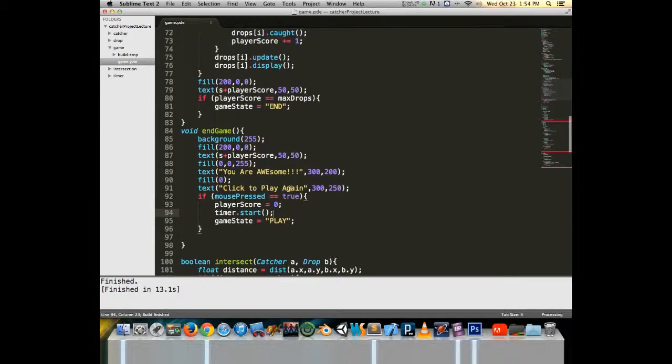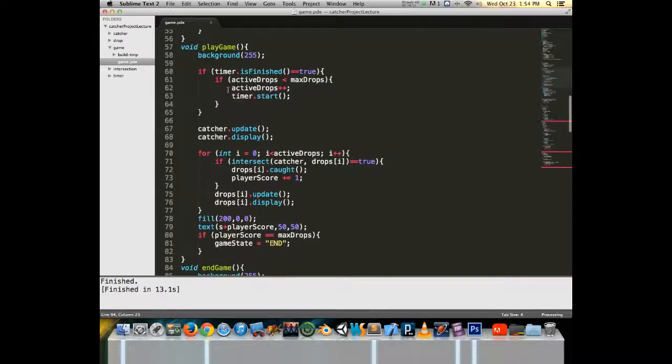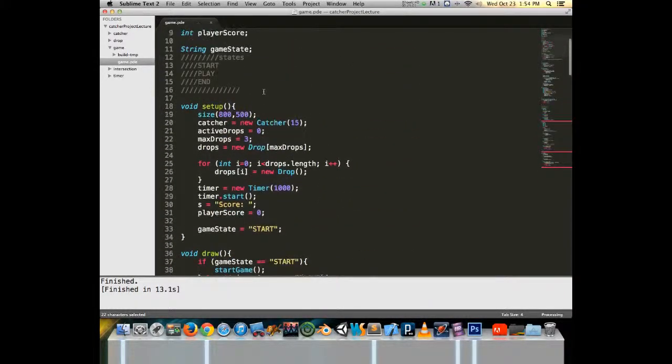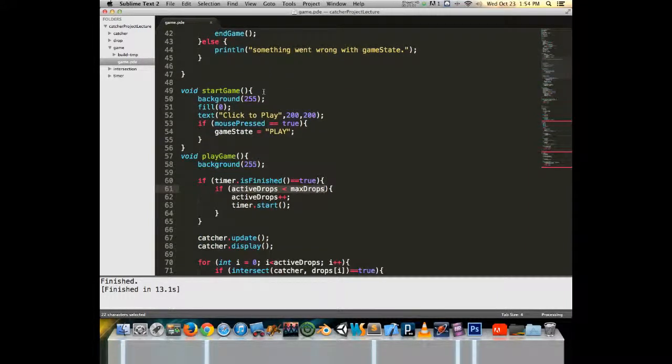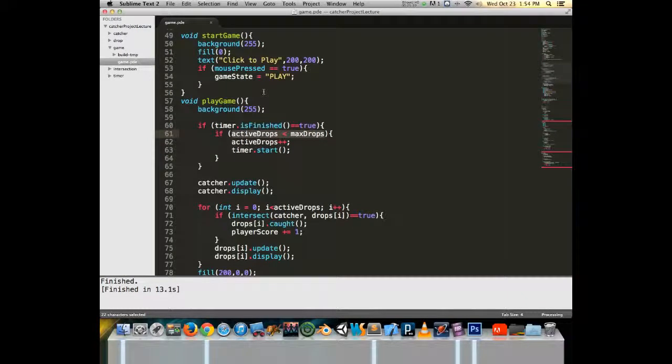But if we look at what's going on, it says if active drops is less than my maximum number of drops. If we remember, when the game started, active drops was 0. Every time the timer fired off, active drops went up by 1, 2, then 3. So now active drops is 3. So it can't